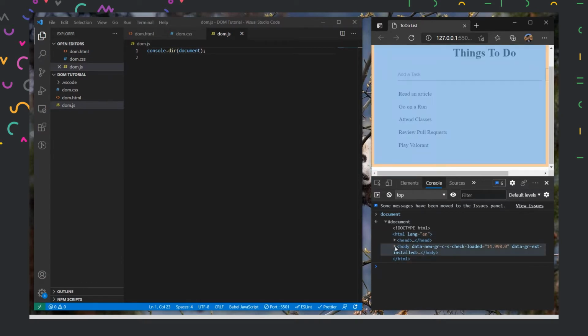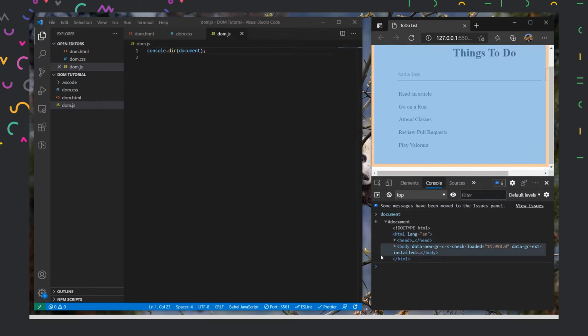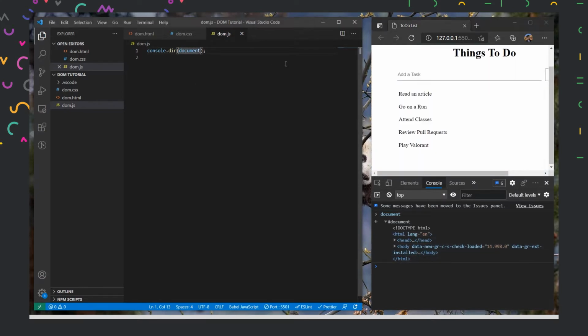If I type document here as well, it should display all the document structure created. So this is the HTML tag, this is the body tag, and all the HTML is displayed here like this. But to display the actual document, we will be using the directory itself. So to view that, I'll put this document over here. All right, for some reason it is not working today.